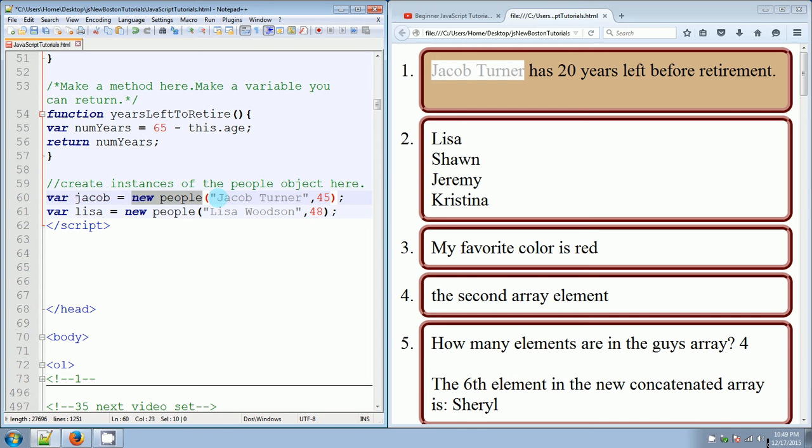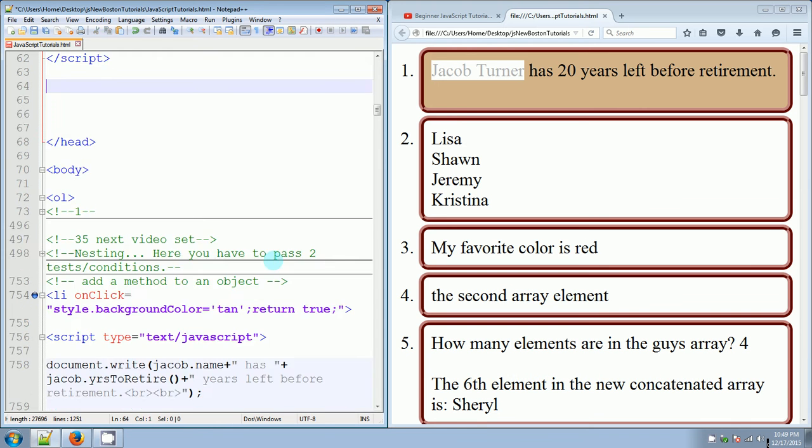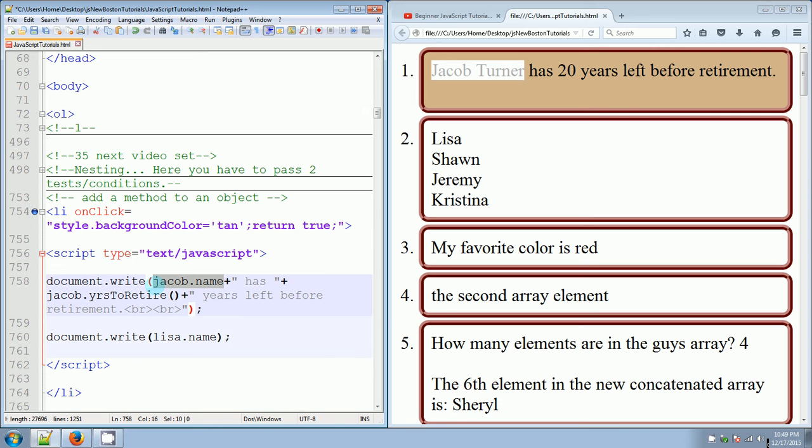We gave Jacob the full name of Jacob Turner there, so that when we call it with jacob.name, Jacob Turner is going to spit out in the browser window. We use the plus sign to concatenate, in double quotes, a space, the word "has", and another space. So after Jacob Turner, we have a space, we have "has", and we have another space. Then we concatenate that to